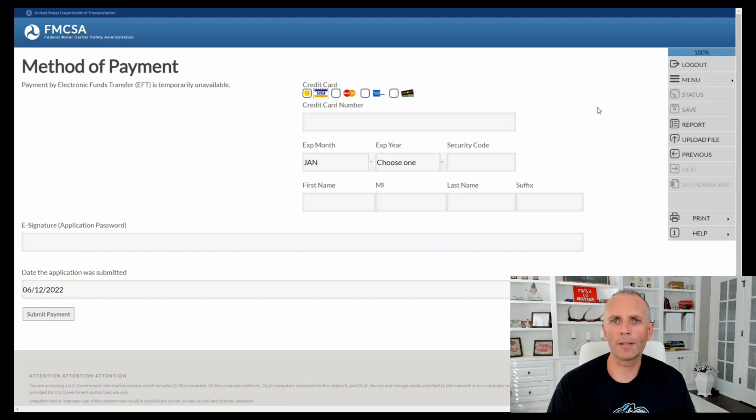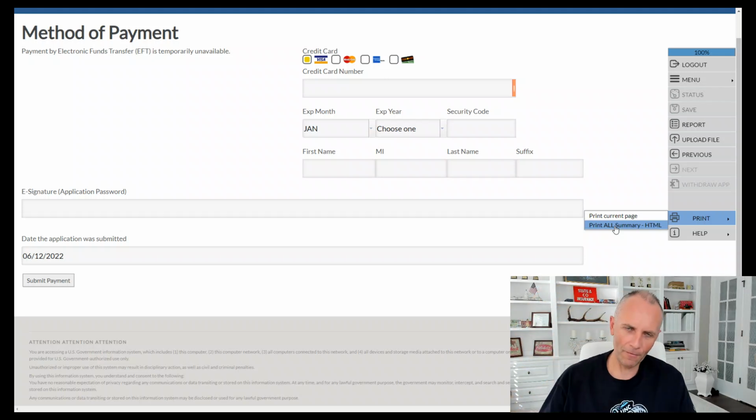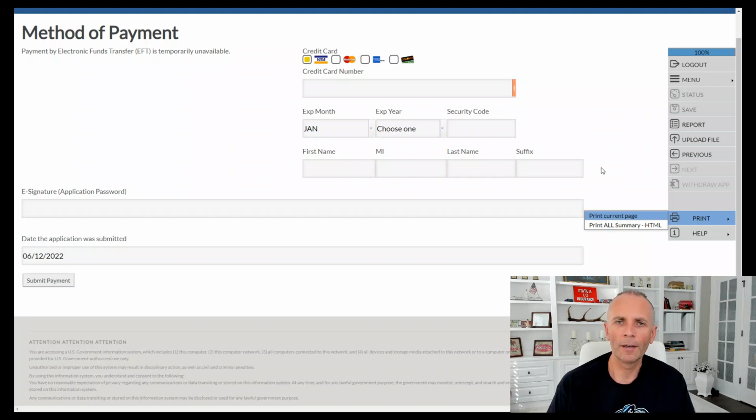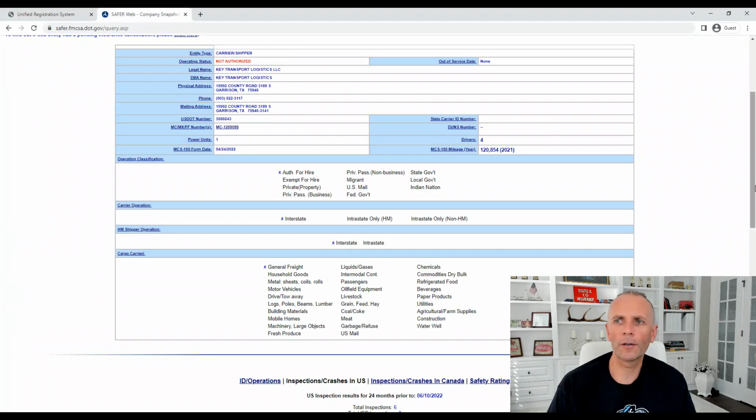And again, I'm not going to submit the actual payment, but yep, this is where you submit a payment and enter all the information, and then you click submit. And you will be able to print your entire application. Once you hit submit, make sure you print all summary HTML, because that's going to have everything that you entered, and it'll pre-populate and will have your DOT number. And like I said, within 24 hours, you will be able to see your MC and DOT number by going into